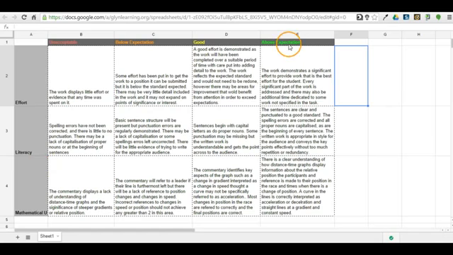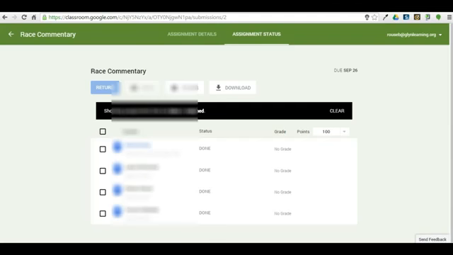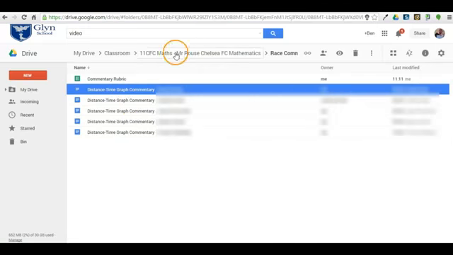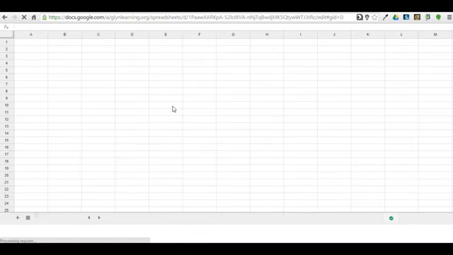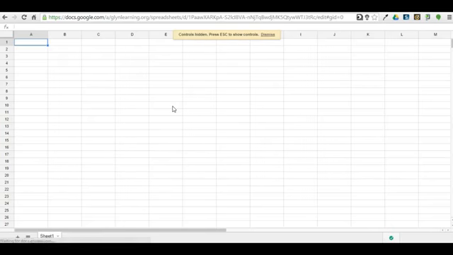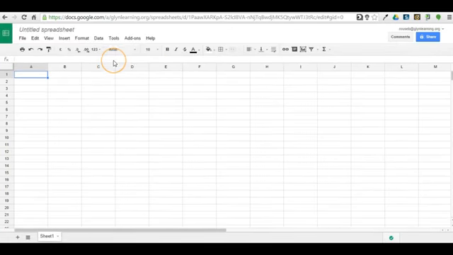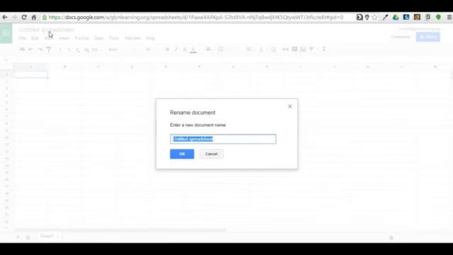So we've got the Google Classroom task all set up and the students are beginning to hand it in. And what we now need to do is start thinking about creating a sheet so we can add Doctopus, and that's what I'm going to do now. I've created that sheet in the folder created by Google Classroom where the student's work is submitted. You don't need to pre-populate this sheet, just a blank sheet will do. And once we've named it,